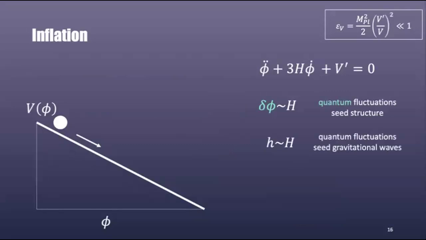And similarly, because we only have that one scale, if we ask, what about gravitational waves that are seeded? They're seeded by the same source. It's also Hubble that seeds them. And because of that, we have a relationship in the tensor to scalar ratio that is, because we only have this one scale, which is given by Hubble, so that relationship is quite fixed. And it is this prediction that then